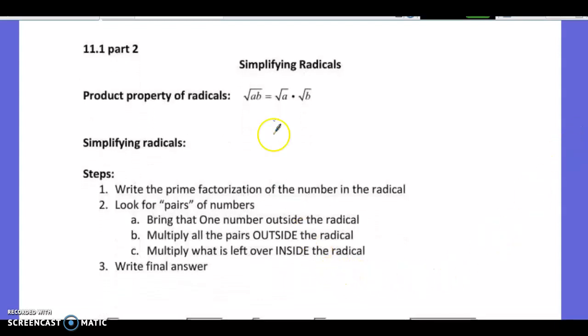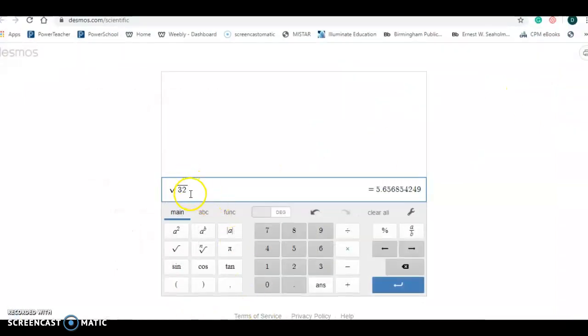simplifying radicals. So, the square root of two numbers being multiplied together can be broken up as two separate radicals and vice versa. If they're two separate ones, we can treat it as basically one whole number underneath a radical. So for example, if I'm using this calculator, I already typed this in here, but if I have the square root of 32, which can be this 5 point blah blah blah number, there's mathematically a cleaner way to represent what that is by simplifying the radical, which is kind of what this section's about. All right, so going back,